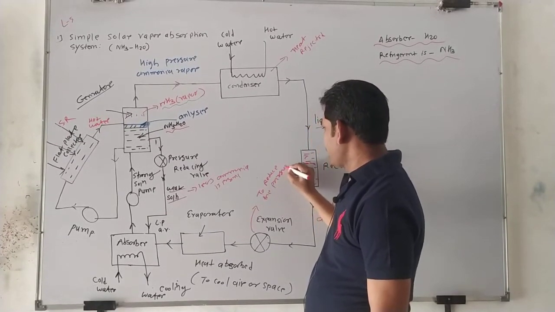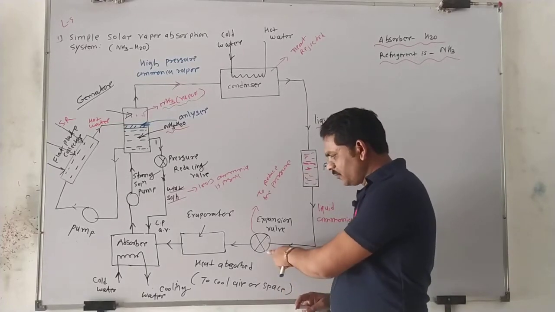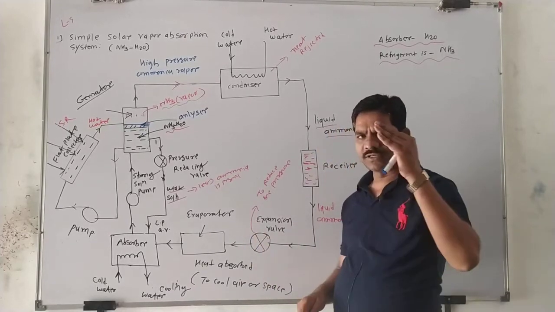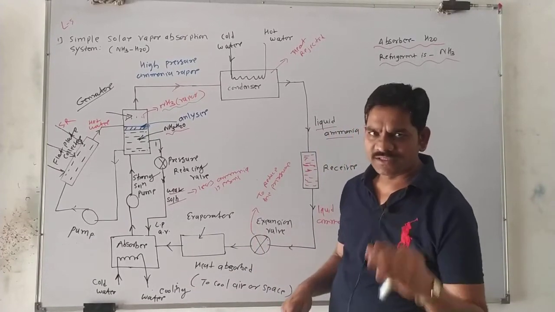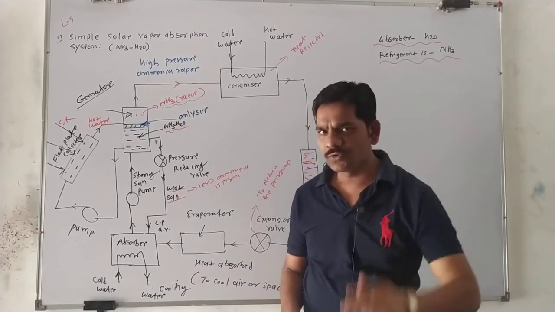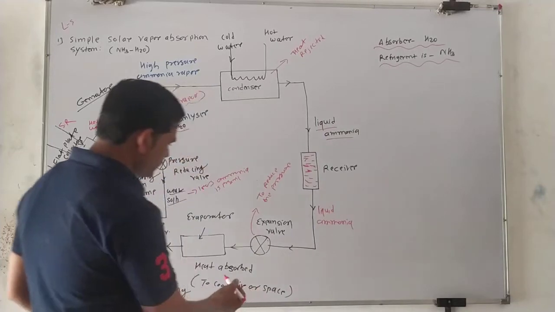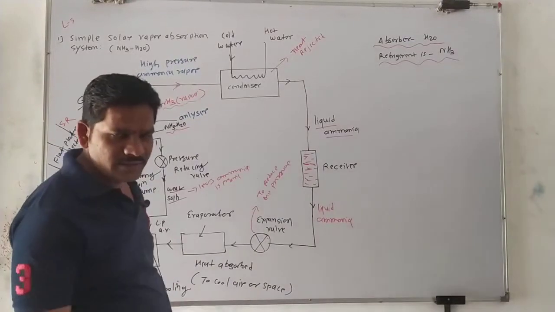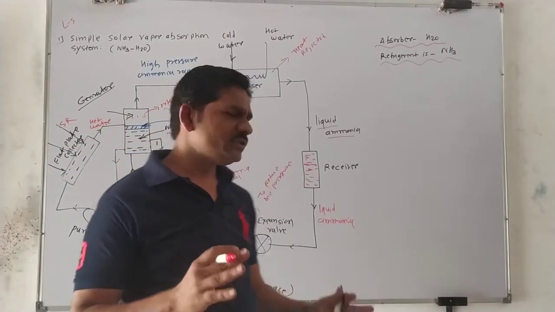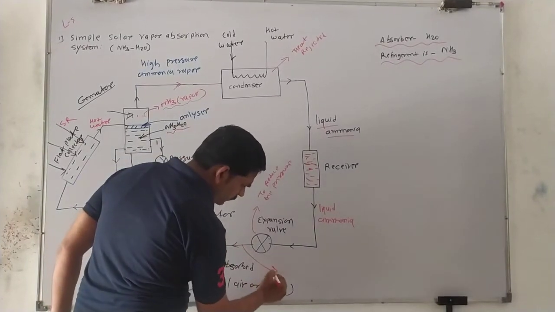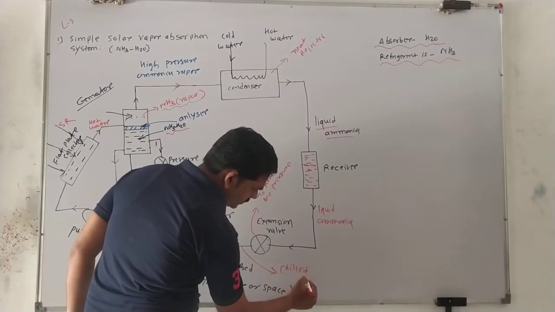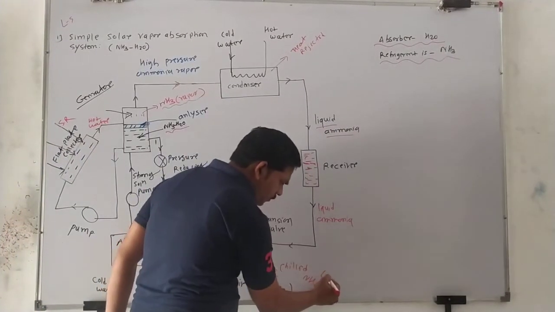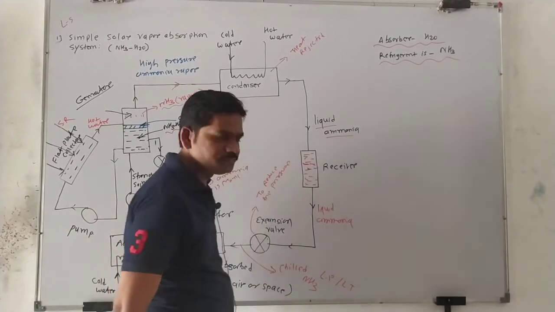Okay, so as soon as the liquid ammonia enters the expansion valve and comes out from it, its pressure decreases. We know that when the pressure decreases, ultimately the temperature also decreases. So after this expansion valve, we get the ammonia in a low pressure and low temperature form. This is very chilled ammonia, NH3, which we get after the expansion valve, having very low pressure and low temperature.